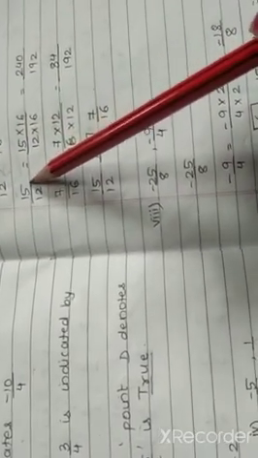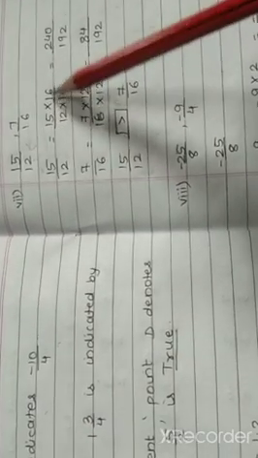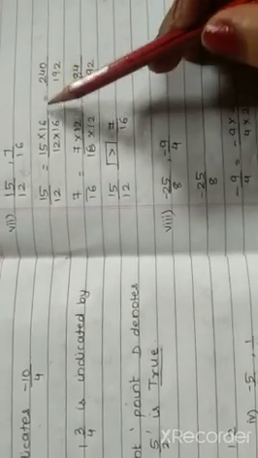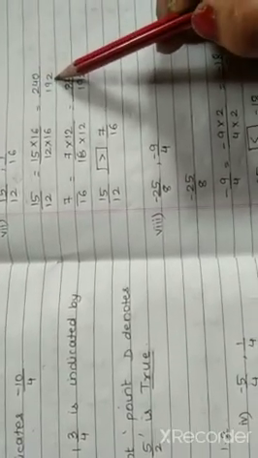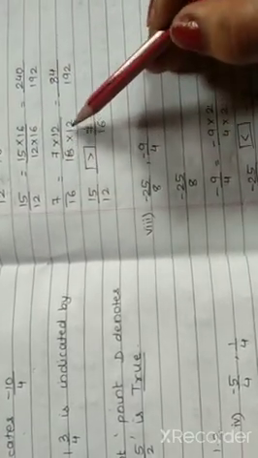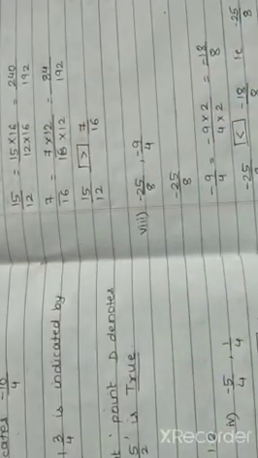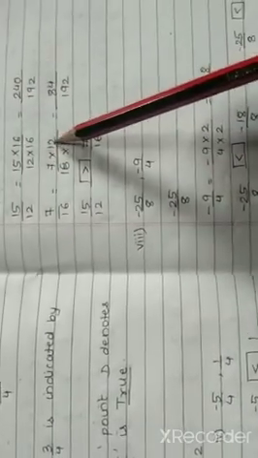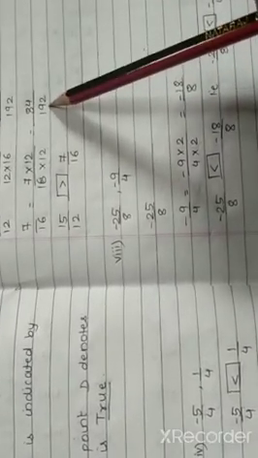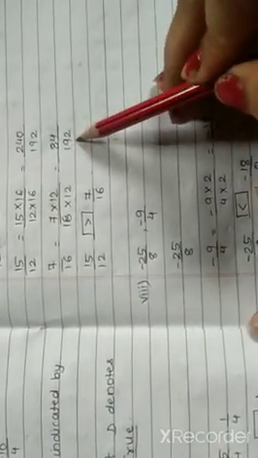So what I am doing is, this is 15 upon 12, multiplying this by 16. So what I get is 15 multiplied by 16 upon 12 multiplied by 16. The answer here I am getting is 240 upon 192. The second term is 7 upon 16. Again, for this I am supposed to multiply it by 12. So 7 multiplied by 12 upon 16 multiplied by 12. On multiplying 7 and 12, that is 12 sevens is 84, and 16 multiplied by 12, I get 192. Now I have the numbers as 240 upon 192 and 84 upon 192.